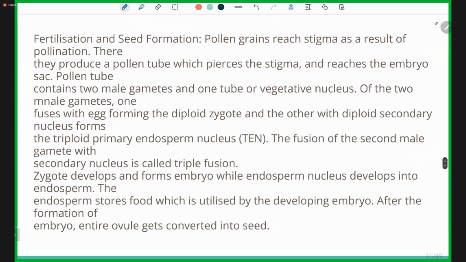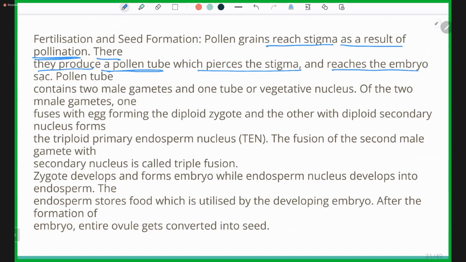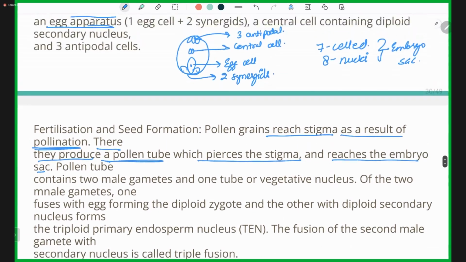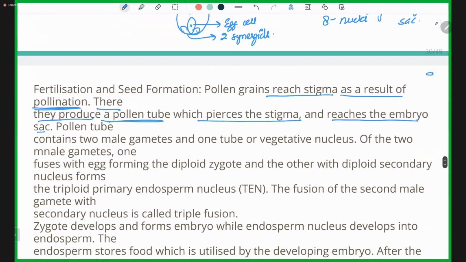Fertilization and seed formation. The pollen grains reach the stigma as a result of pollination. There, they produce a pollen tube which pierces the stigma and reaches the embryo sac. The pollen grain comes at the top and pierces the stigma and goes towards the embryo sac. And when it reaches the embryo sac,